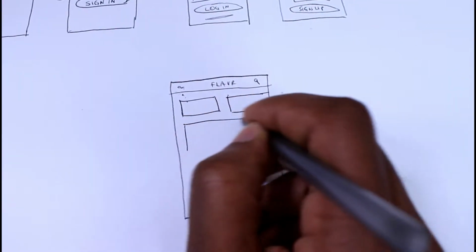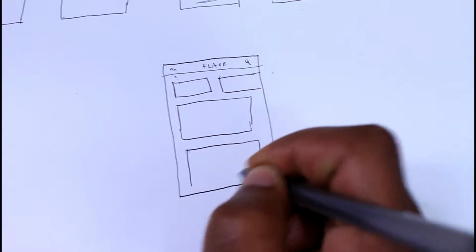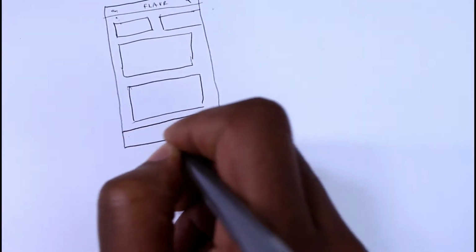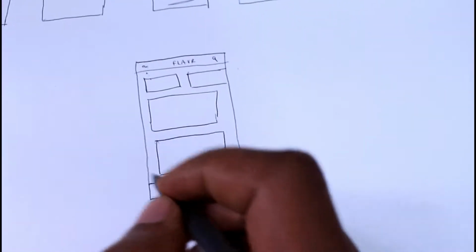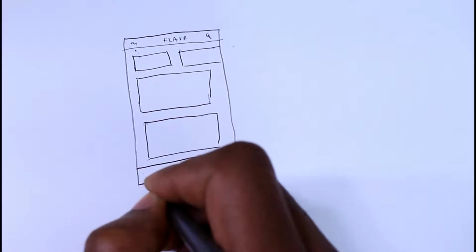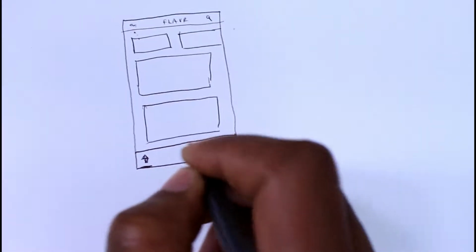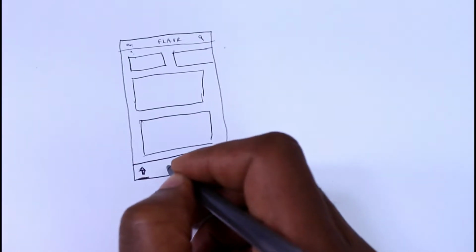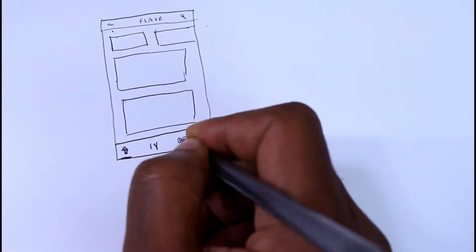And the other ones are the latest recipes, right? And then we have the tab bar right here, showing that it is in the home. Okay,